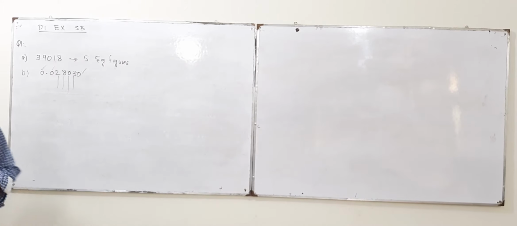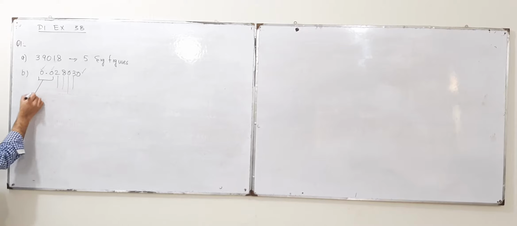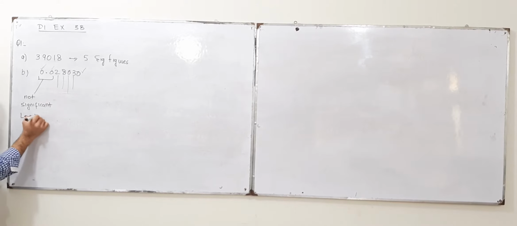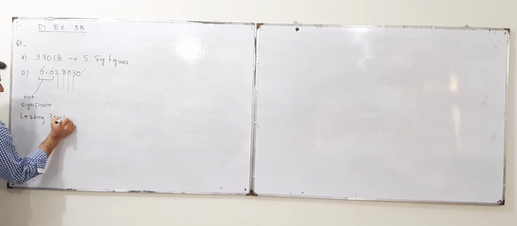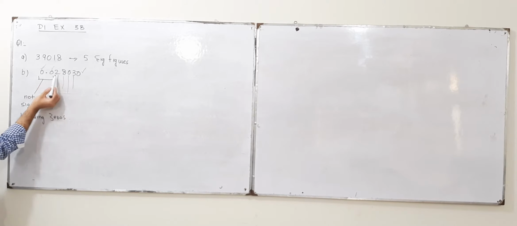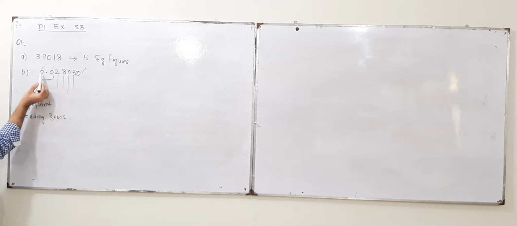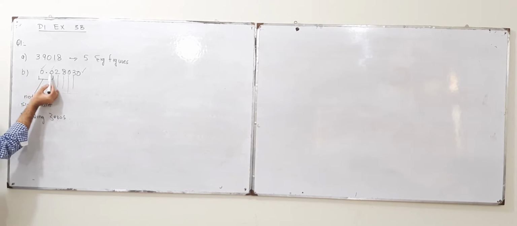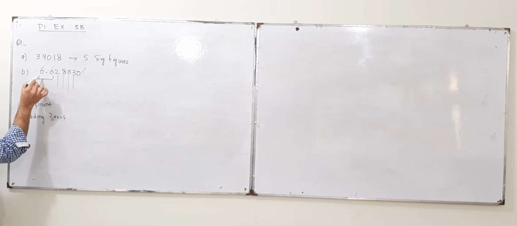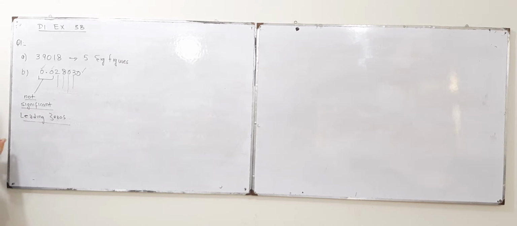Now the decision about these two zeros is same for all the cases, they are not significant. And we term them leading zeros. Whatever is the case, these zeros which are before the non-zero numbers, we don't have any non-zero number before them. These zeros are before the non-zero numbers, so they can never be significant. So leading zeros are not significant in any case.